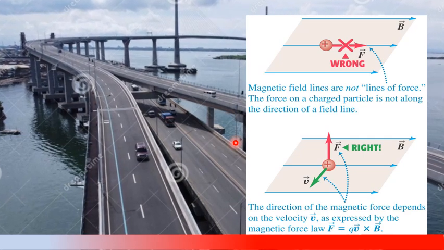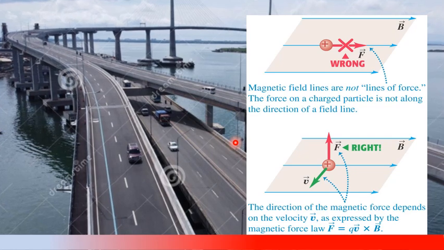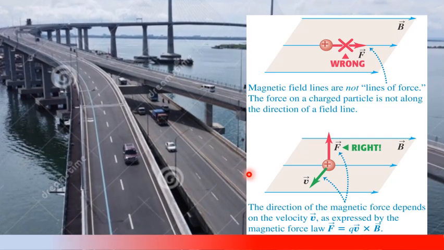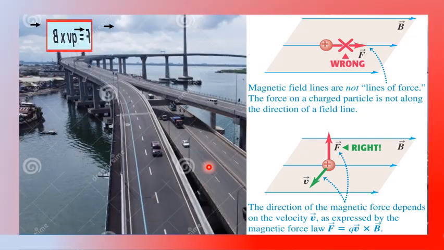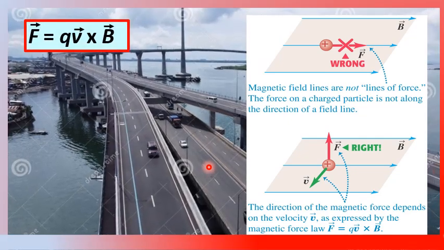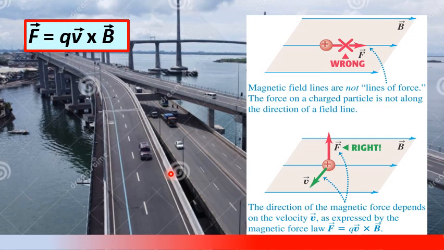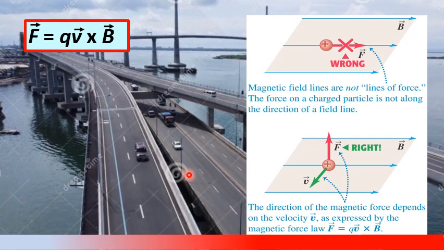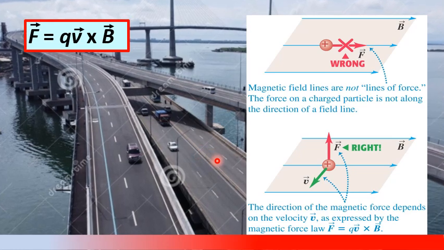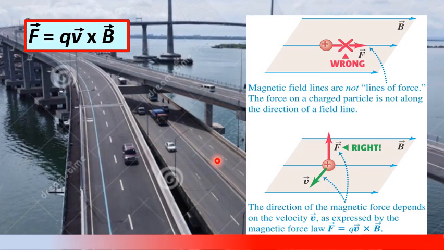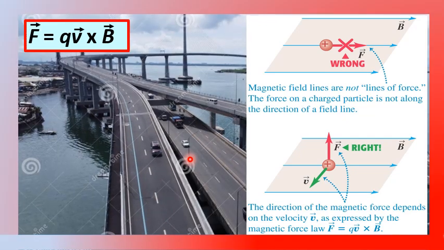The direction of the magnetic force depends on the velocity v, as expressed by this magnetic force law or equation, where the force vector F is just equal to the vector product of qv and the magnetic field B,